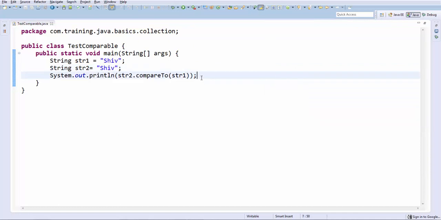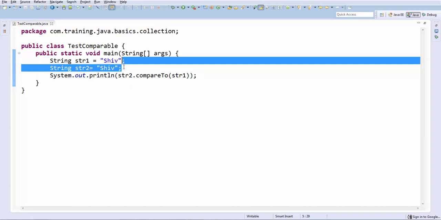Okay, so this is the result of your Comparable. This is the result of implementing the Comparable interface and defining the compareTo logic. The compareTo logic depends on how you want to do the comparison. Okay, so if I talk about a custom object which I have created